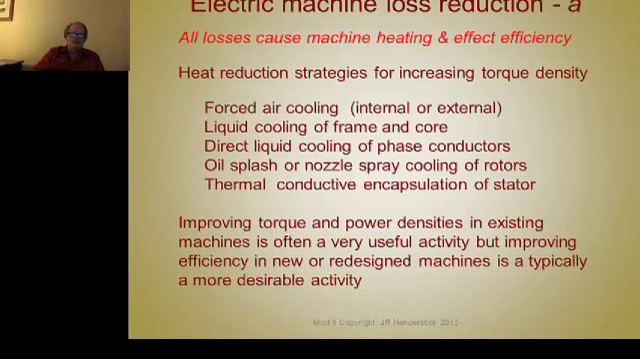Anything you do to reduce the losses or get rid of the heat caused by these losses increases your rated torque density and, of course, power density as well. So you could take any existing machine and cool it and increase its torque density, as well as trying to design the cooling abilities into